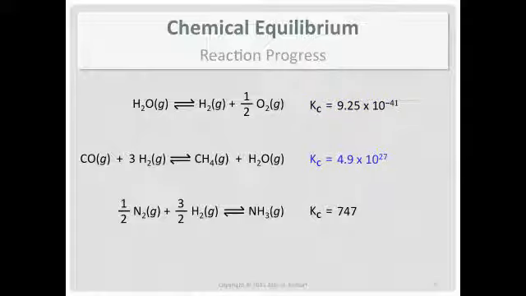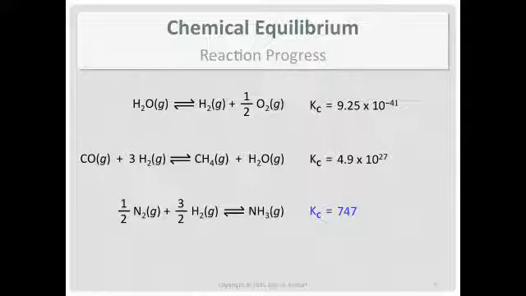If we have an equilibrium constant that has a very large number, well, that corresponds to products. So that reaction progresses pretty much to completion. We end up with almost all products at equilibrium. And then this third case, 747. Well, it's not a really big number. It's also not a really small number. And the best we can get from that is at equilibrium, we have appreciable amounts of all the reactants and